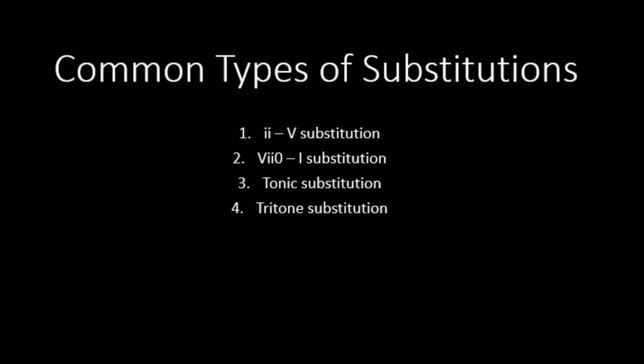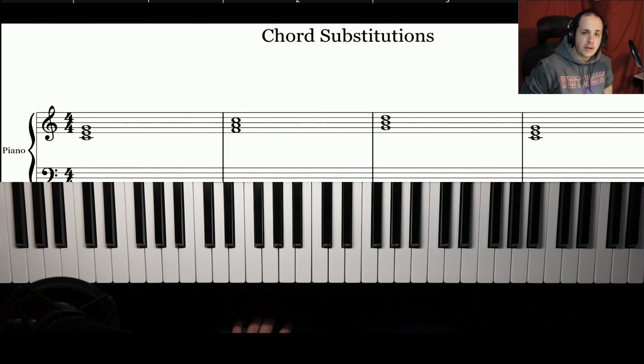Okay, so now that you get the concept that you can replace any two chords so long as they share two common tones, let's talk about the different common types of chord substitutions there are. These include the 2-5 substitution, the 7 diminished to 1 substitution, the tonic substitution, and the tritone substitution. Let's take a look at the 2-5 substitution. Okay, so here we have a standard